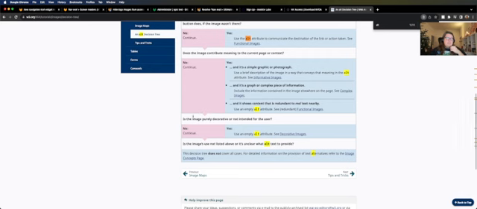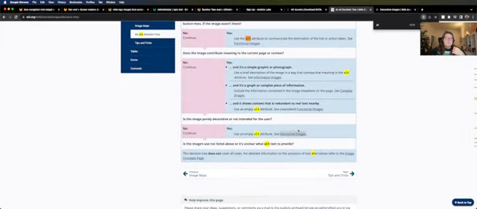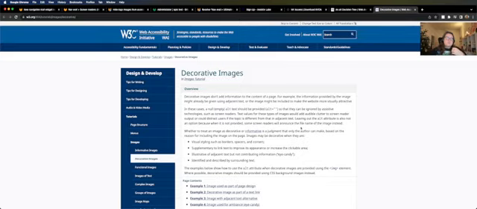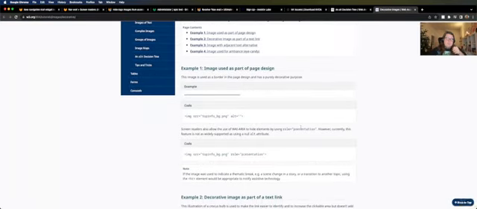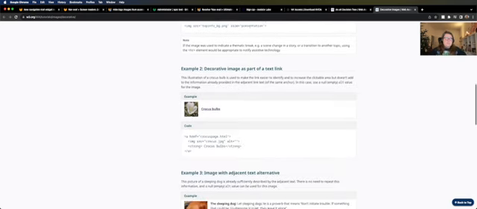No. Is it purely decorative? Yeah. If it is, it's an empty alt attribute. See decorative images. Cool. Okay, so the suggestion here is use an empty alt, but that's not what is